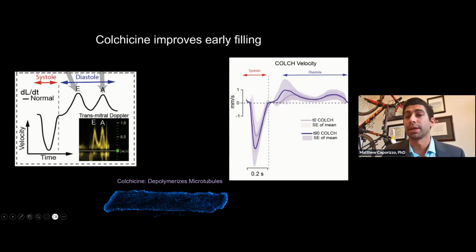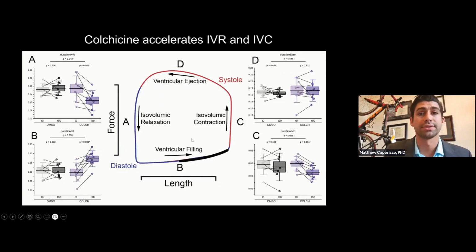And so I think we really learned something about how the microtubules are able to affect diastolic performance that we wouldn't have necessarily inherently predicted from the original stiffness measurements and work that we did in isolated cells. And so on the work loop, we can extract the times associated with each phase: isovolumic relaxation, filling, contraction, and ventricular ejection. What's important about this is that it's this isovolumic contraction and relaxation phase that gets faster with colchicine treatment. There's really no change in the duration of the ejection phase. And the consequence of the contraction and relaxation phases being faster is that there's more time available